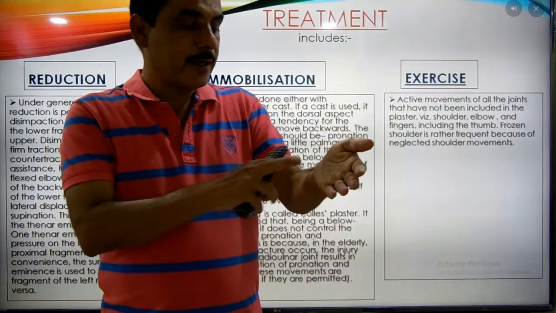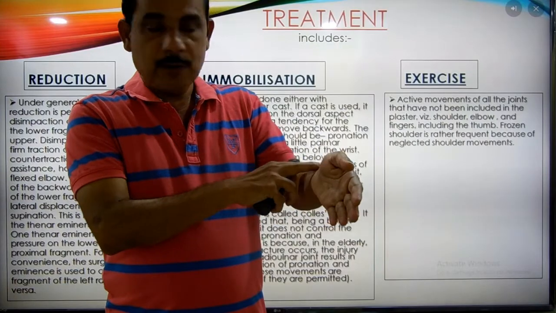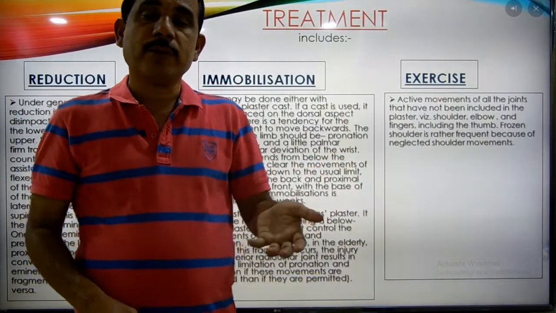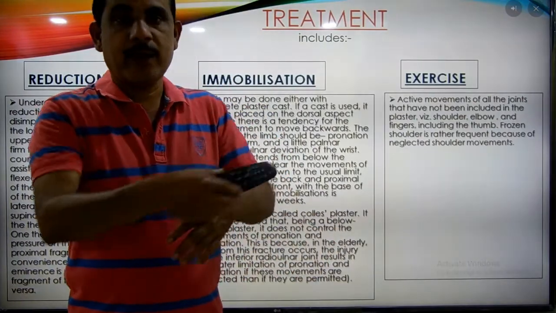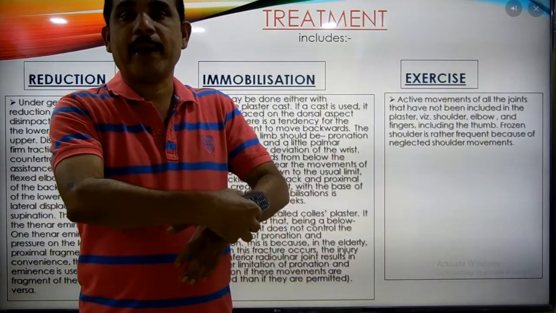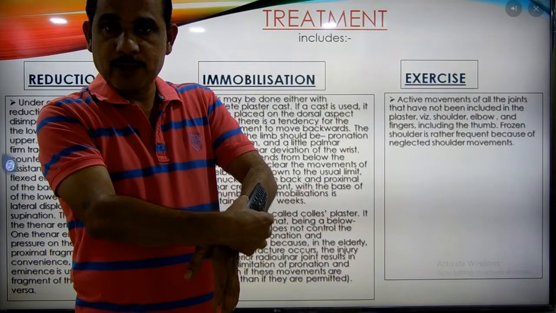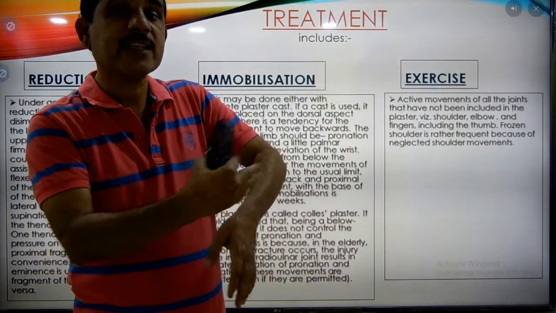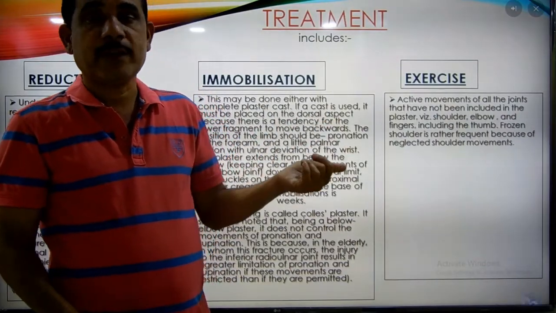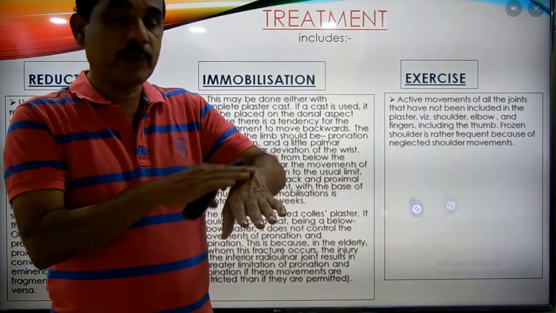And while immobilizing, you should remember that this forearm should be pronated, with ulnar deviation. Instead of the complete plaster, you can use the plaster cast. When you use the plaster cast, it should be kept on the back of the wrist, or the back of the lower end of the radius. Why? Because of the chances of backward displacement. As you have seen, in displacement of this fracture also, there is a backward displacement. So to prevent that, the cast should be kept here.